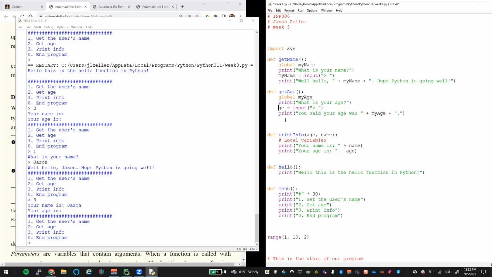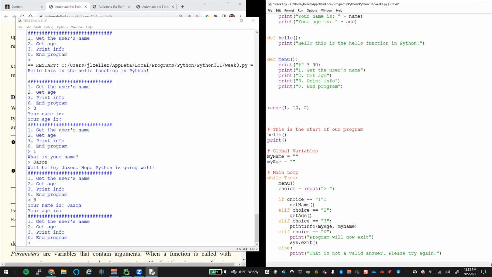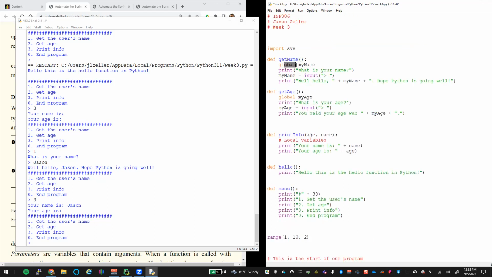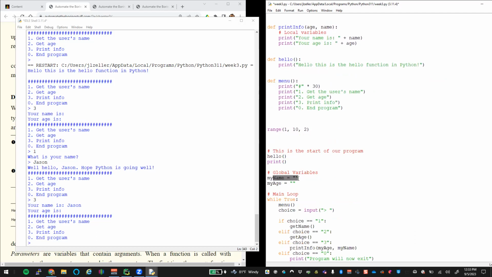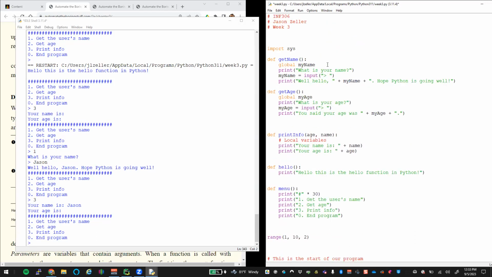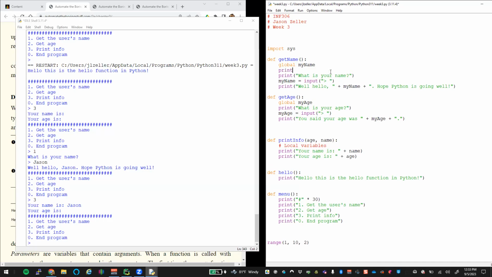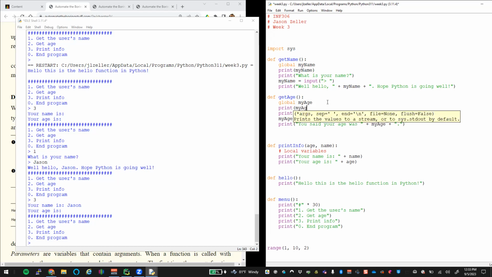And the reason that you would do it in this fashion is this allows you to modify a global variable, right? So we no longer have to define those down here and override what was here and all of that. This accesses whatever my name is over here. We can see that. So to check and see what I'm talking about, if we just print my name, right? And we print my age,